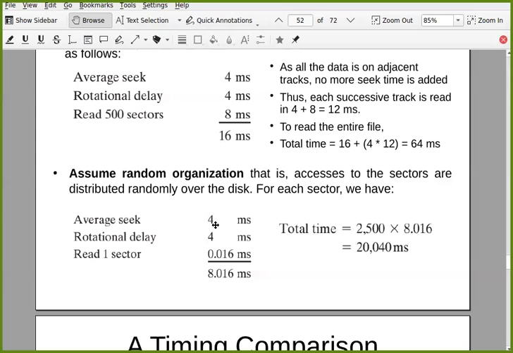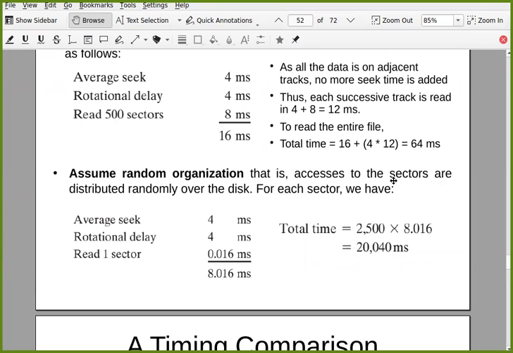So 4 milliseconds for average seek, rotational delay is 4 milliseconds. If you do such calculation, you will get 0.016 milliseconds for one sector. So for one sector, total time is 8.016 milliseconds, and you have 2,500 such sectors which are randomly scattered. So it requires 20,040 milliseconds, that is 20.04 seconds.